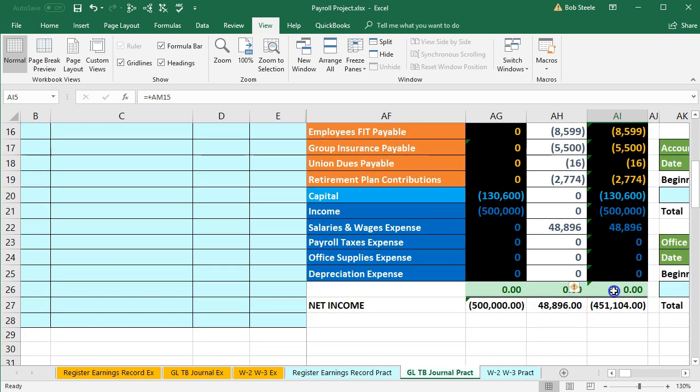So we're back into zeros, meaning the debits minus the credits equal 0, meaning the debits equal the credits. We see that net income went down by 48,896 here, from 500,000 to 451,104. Now note that this all went to expenses, so the expense of salaries and wages,